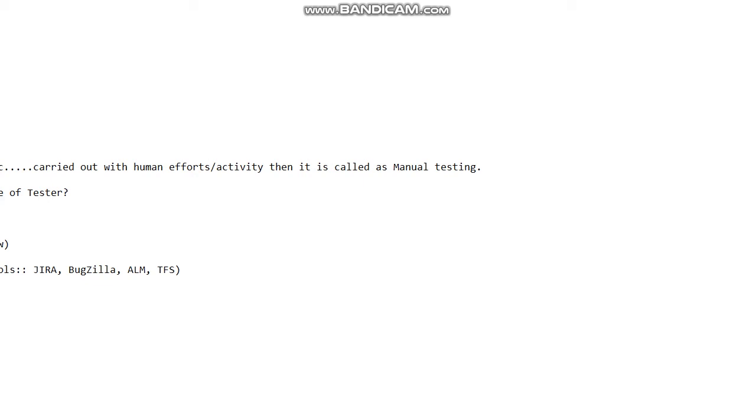For that, I can give one example, that is writing test cases and executing the scripted test cases. The fourth one is, after writing and executing the test cases, if you find any defects, they need to be reported to the developer. For reporting defects, there are multiple tools in the market, used by the company depending on their license, or individually. Those are Jira, Bugzilla, ALM, TFS. I can cover these four tools in an upcoming video in future.